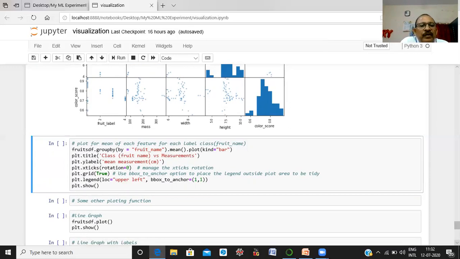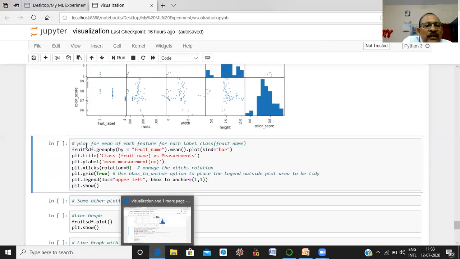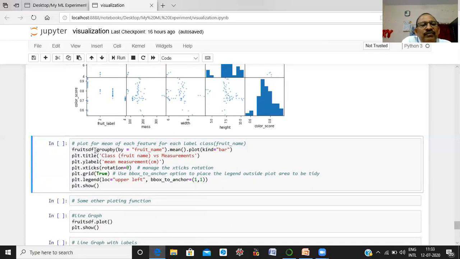Is it clear? Now, here we use the function groupby. Here we group the entire data set on the fruit name, groupby fruit name, and this function computes the mean of the numerical variables.